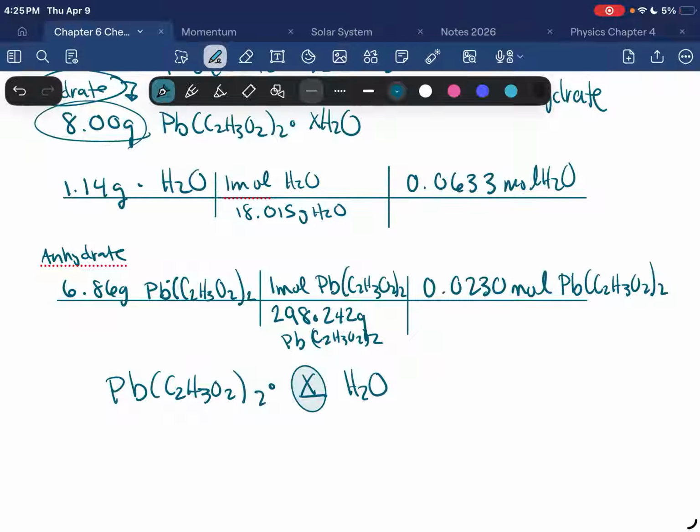Now I'm going to divide by the smallest, and that means I'm going to divide them both by 0.0230. So that one's 1. So 0.0633 divided by 0.023, and I get